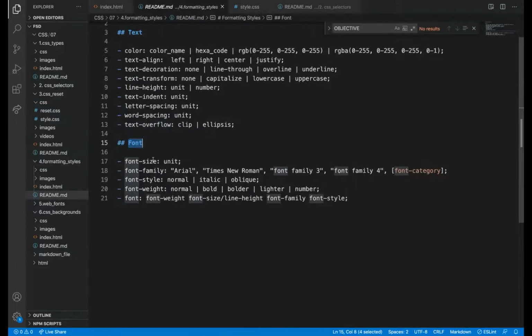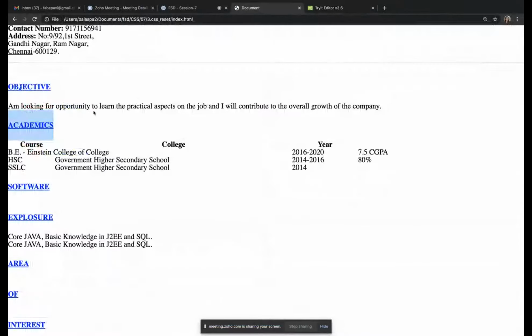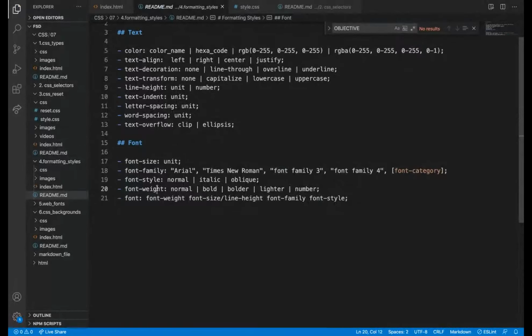Font. So font is what font we need to give, the font size we want to give, and then the font weight we want to give, and this is the shorthand property. Shorthand meaning, instead of writing each line separately, I can write all this in one line by specifying just font.